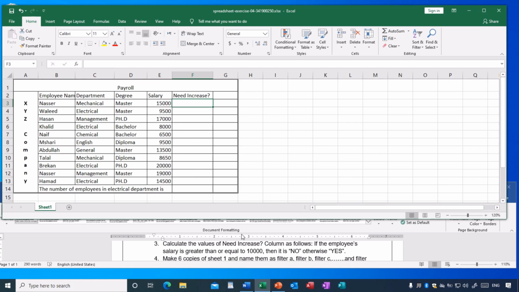Now from the exercise, it seems I need a condition, an IF condition. I will use the IF formula, because here it asks me if the employee salary is greater than or equal to 10,000, then we will give it no as a text. So how do we do this? Again, I will start with Nasser, and I will start with equal IF and open parenthesis. I want the salary of Nasser here, which is in E. I believe it's in E3, so it's IF